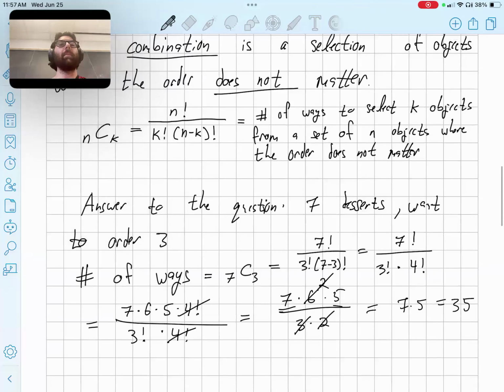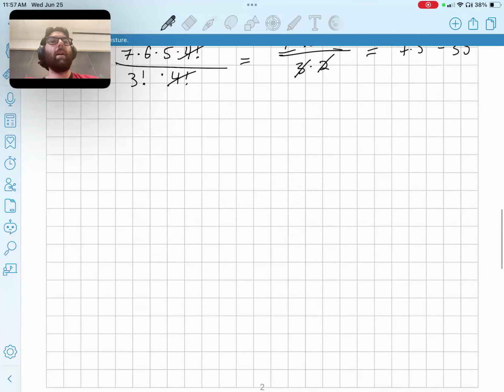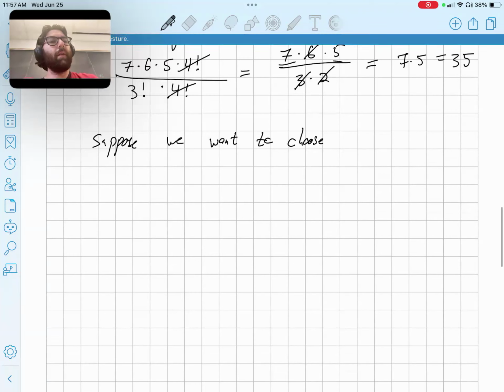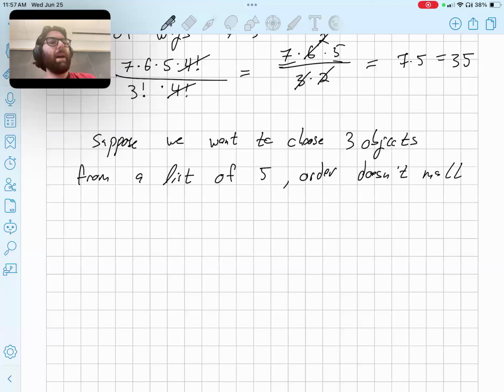Okay, and so just a brief recap: what is this extra k factorial doing down here? Well, suppose we want to choose 3 objects from a list of 5. Order doesn't matter. Okay, and so if our list is A, B, C, D, E, if these are our 5 things,